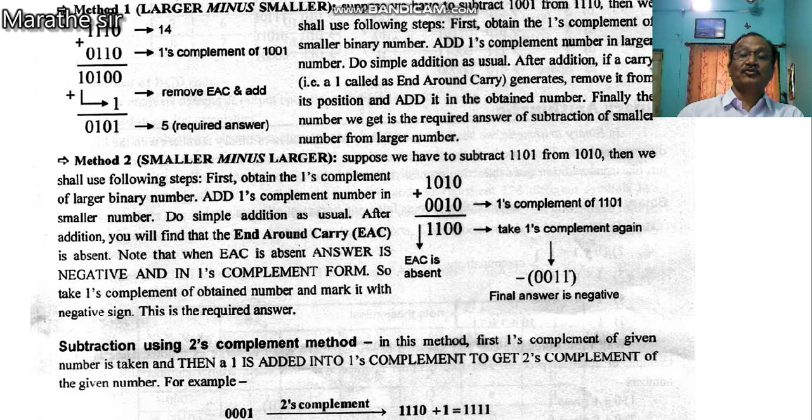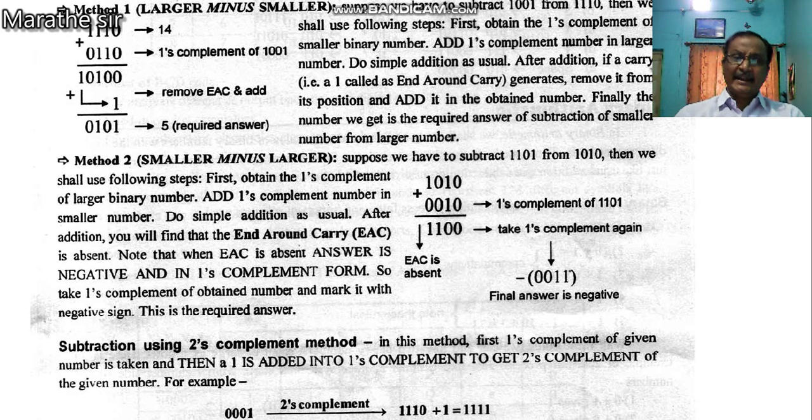This is a very simple procedure of subtraction. Actually it is a subtraction, but we are adding numbers. In the one's complement subtraction method, the number which is to be subtracted is converted into the one's complement format, and then that number is added to the given number. After addition, perform the end around carry. If end around carry is 0, then the answer is negative. That answer is in one's complement format, so recomplement the final answer and attach a negative sign to it.